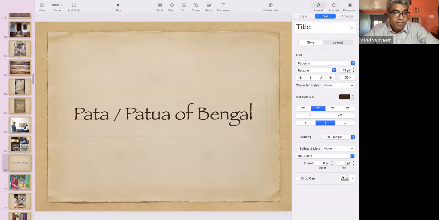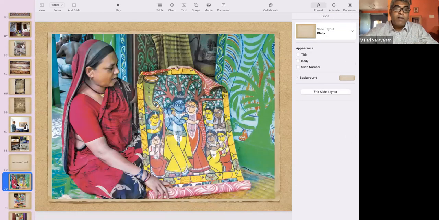Patua of Bengal. This is an art form which is more of storytelling. Now we are going to see a couple of folk paintings which are more of a storytelling tradition where the narrators use their own painted scrolls to narrate popular epics. Here, if you notice, this is an art form which has been again done by the Chitrakar